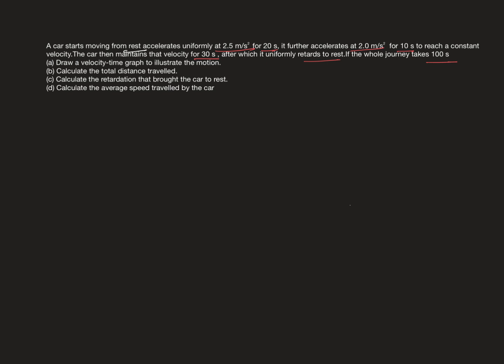So we have a velocity time graph problem here. What we can first try to do is sketch the graph. So we will have velocity in meters per second on the y-axis, and time in seconds on the x-axis, and we indicate the origin 0. So if we go on to sketch the graph,